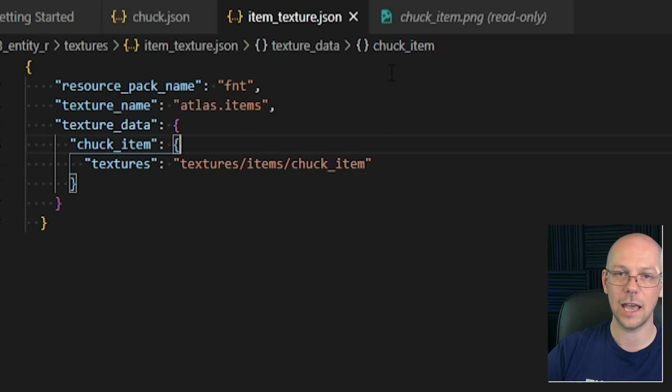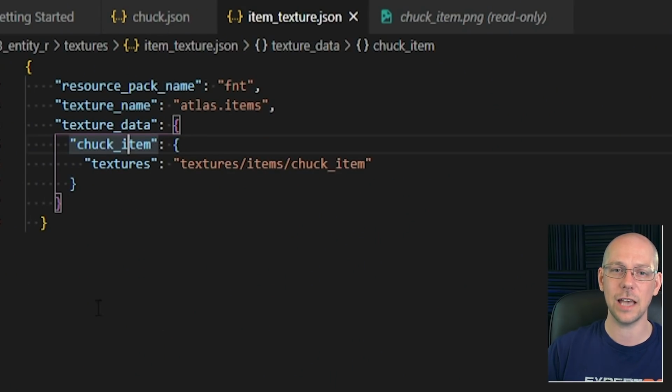So that's telling the game that this item picture here is linked to this, which links to that. It's a very convoluted and complicated way of doing things, but now Chuck will have the actual picture item rather than the other thing. Now, the reason I said I thought we were going to get an error is because